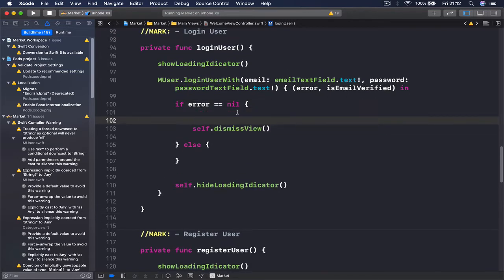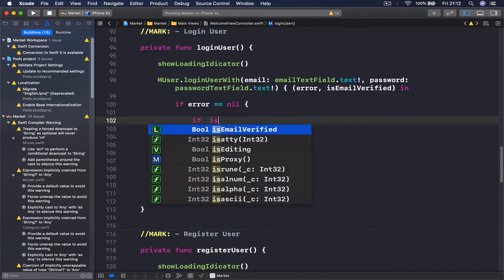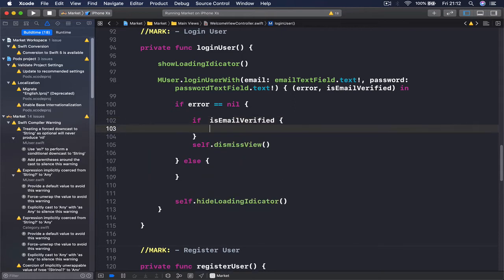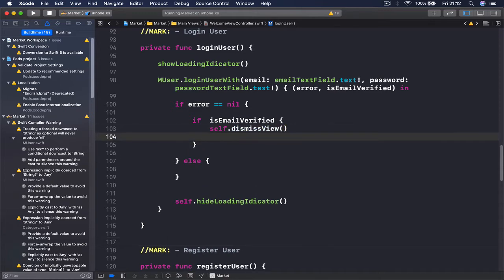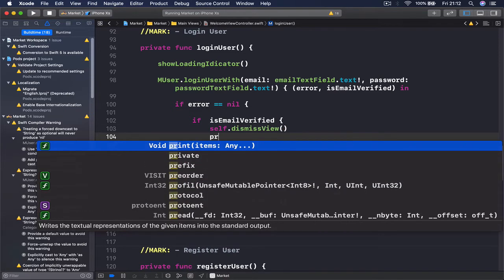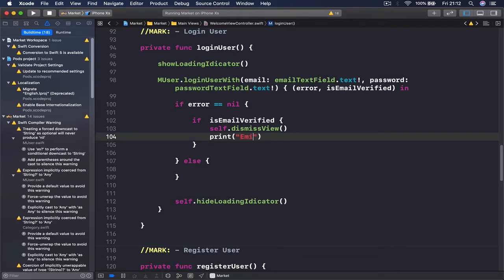But before we do that, actually we need to check if the email was verified. So we say if is email verified, and if it was, we will just dismiss. And let me also put a print statement here. We say email is verified,